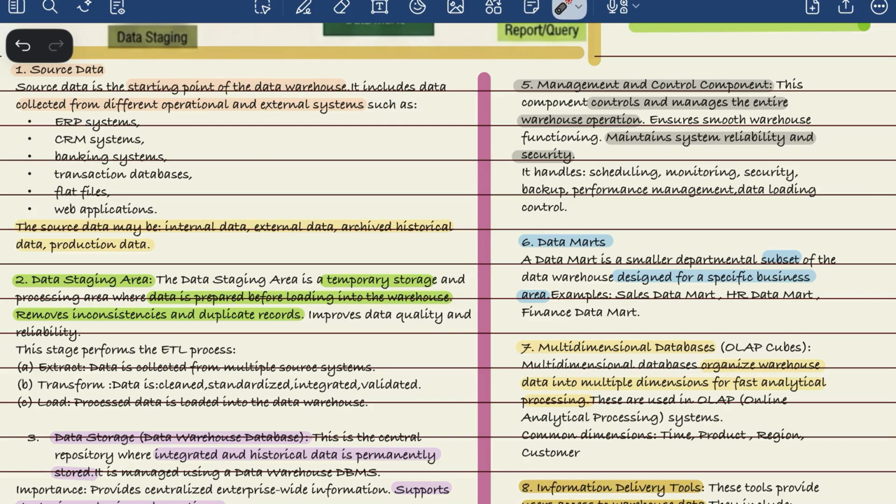What it does is it is specialized for a particular department. So you have a data warehouse where all the data is stored. Then you create a small data mart for a specific department so that they can easily access the data, and they don't have to go through millions of rows of data to access their own data, right? That is why we create small data marts. So they are like mini departmental stores of the major hypermarket.